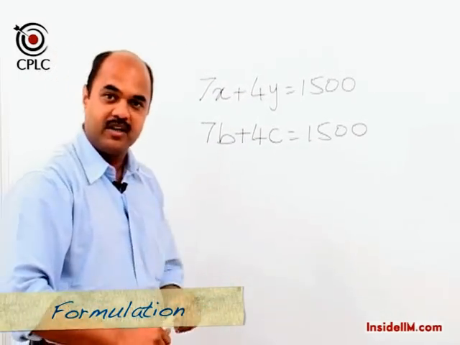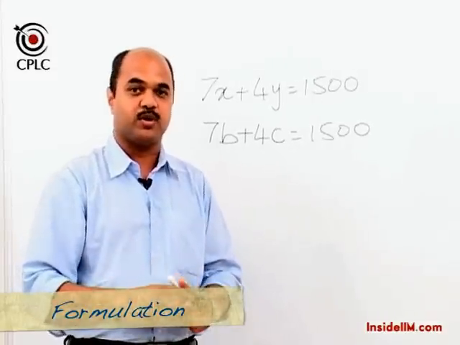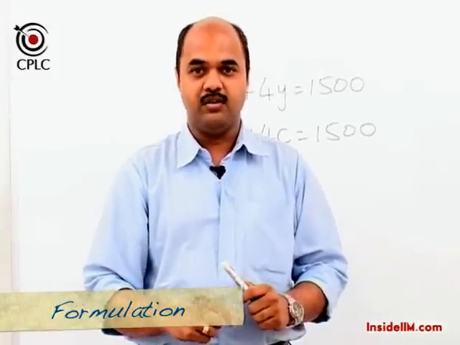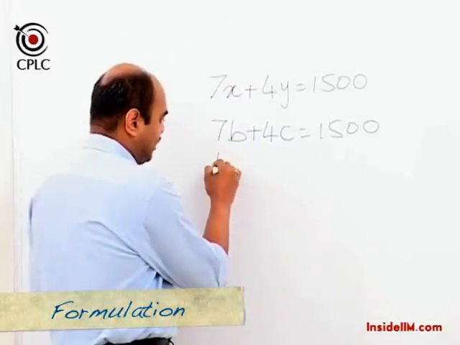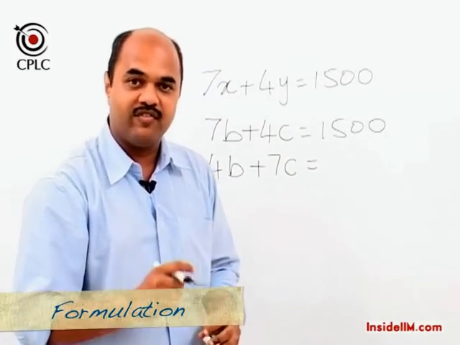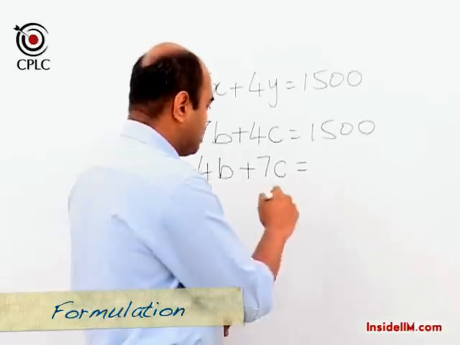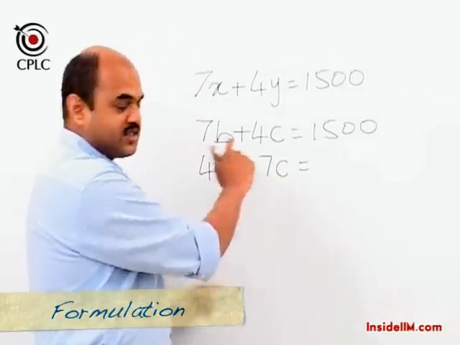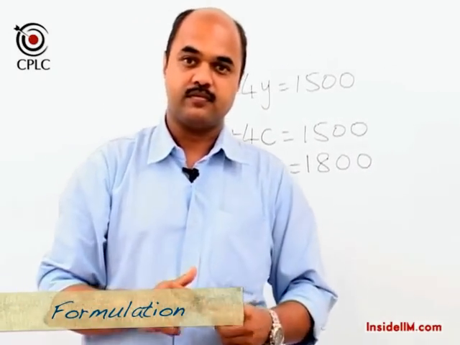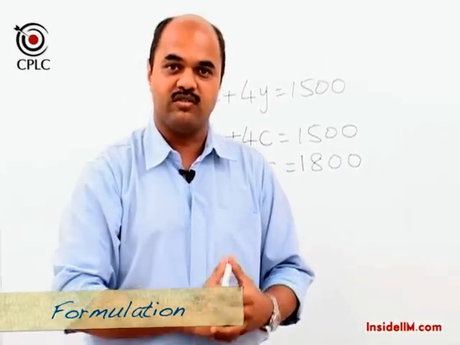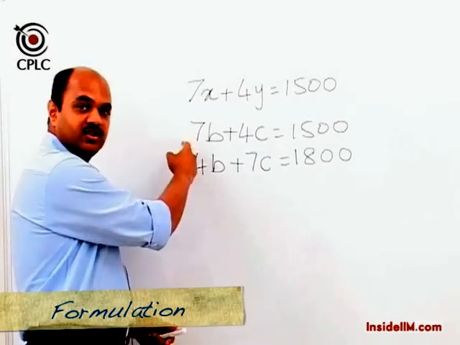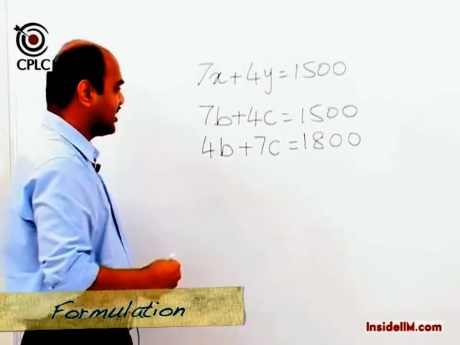Suppose this is the first statement given to us: 7 books and 4 CDs put together cost rupees 1500. If I go back to the introduction example, we had reversed the numbers. So we said 4 books and 7 CDs put together, and we had said that I fell short by 300 rupees, which means if I have to buy 4 books and 7 CDs, I will need 1800 rupees. Now the question is, how do we solve this? And when I look at these two, luckily both the equations involve the same numbers, 7 and 4.